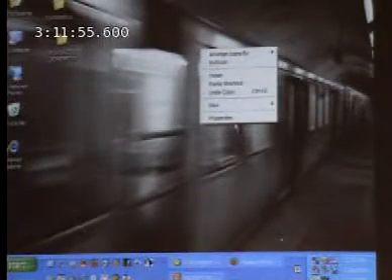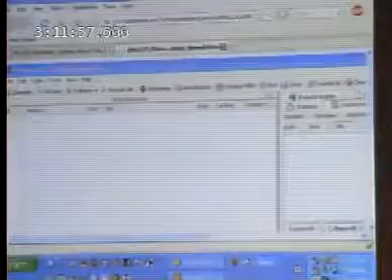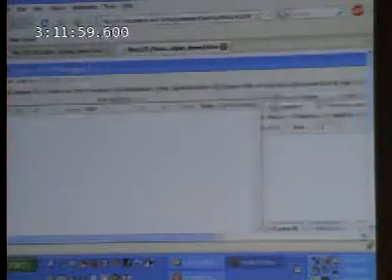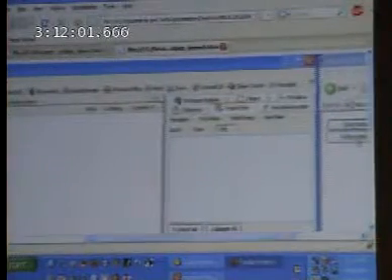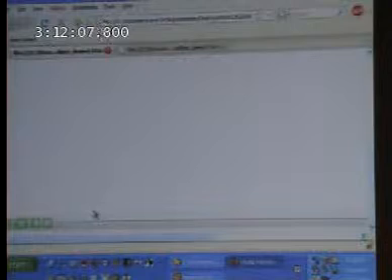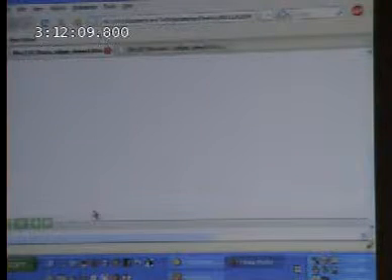One sec, let me just change my... Alright. So let's see if we can see anything. I think the display is a little different. But what I want to show you is